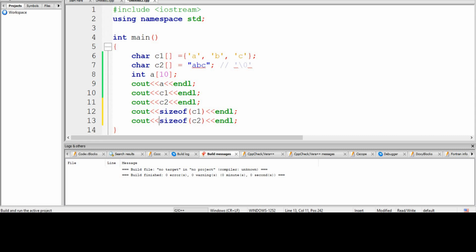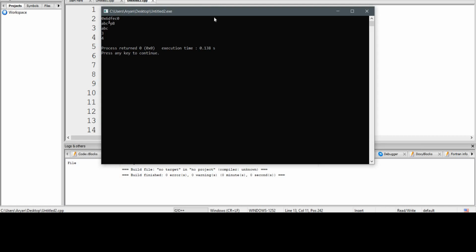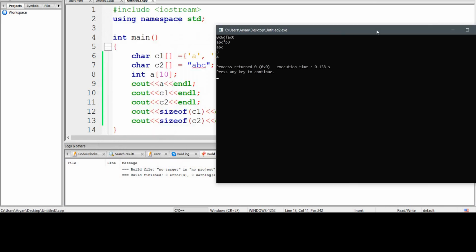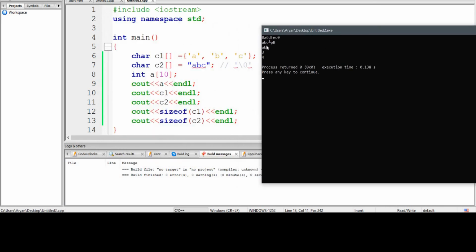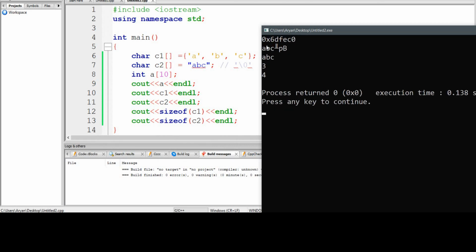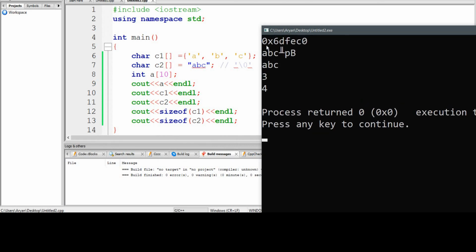Alright, so let's try and print this. You see, the size of C1 comes out to be 3, whereas the size of C2 comes out to be